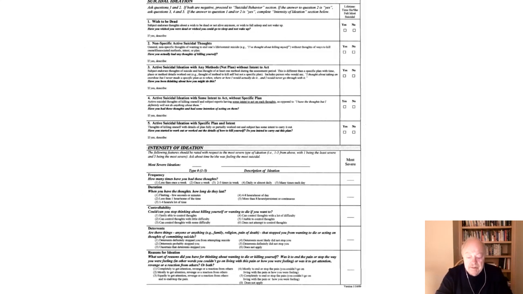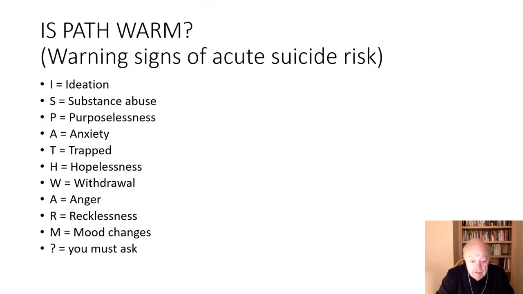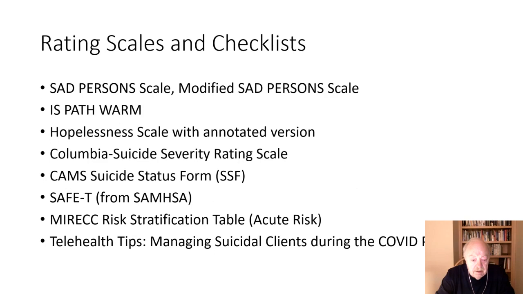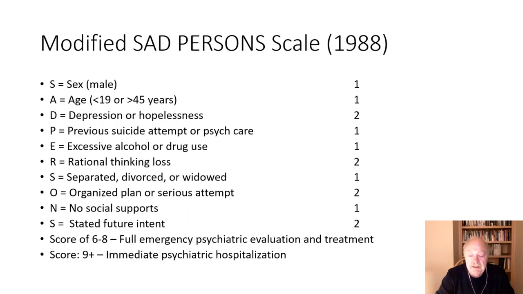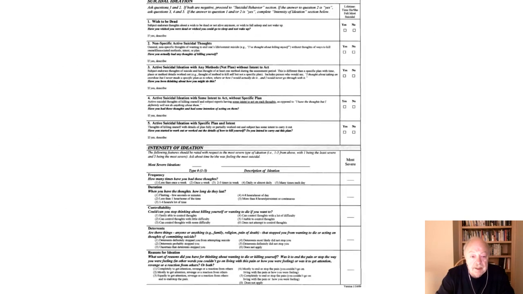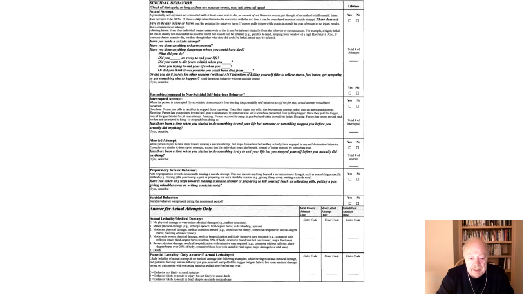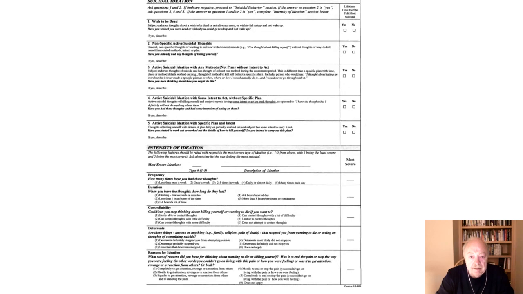So we'll go on and talk about now the Columbia scale. The Columbia Suicide Severity Rating Scale, and this has become very popular in recent years. It's 2 pages for the screener. There's I think a more elaborate one later, but I think the reason this has become popular is, again, the